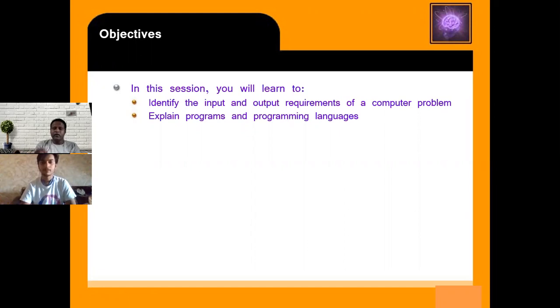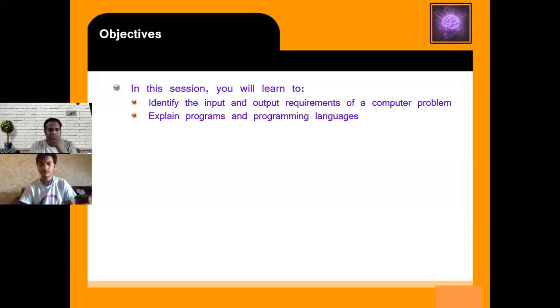As you know, the computer is an electronic machine. It doesn't understand human language. It only understands byte code, which is called the 0 and 1 format. 0 represents the off state, 1 represents the on state. When you pass any instruction to the computer, it converts all the instructions into 0 and 1 format.